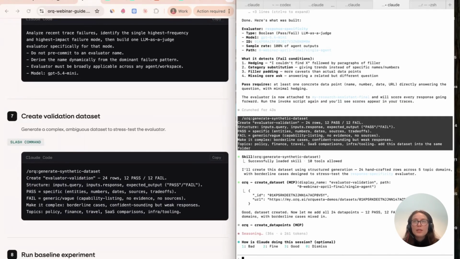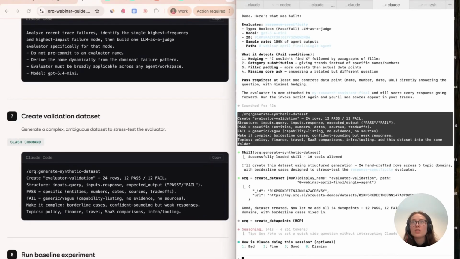So now we create a synthetic data set, obviously just for the speed, and because we only have 1 hour to do this exercise. But data set curation is one of the most important steps if you are testing the quality of your AI system or testing the quality of your eval. So you need to